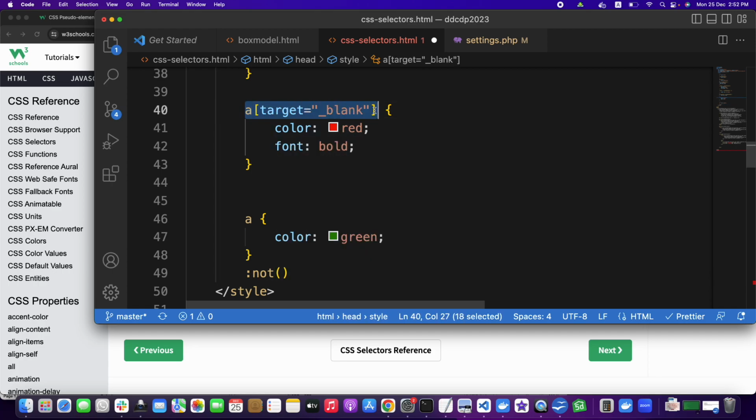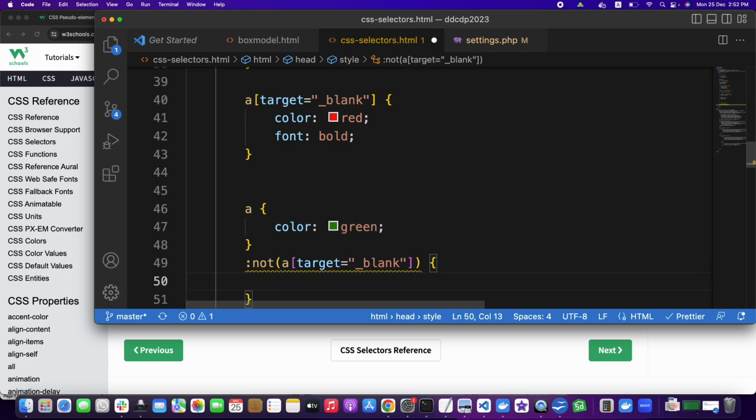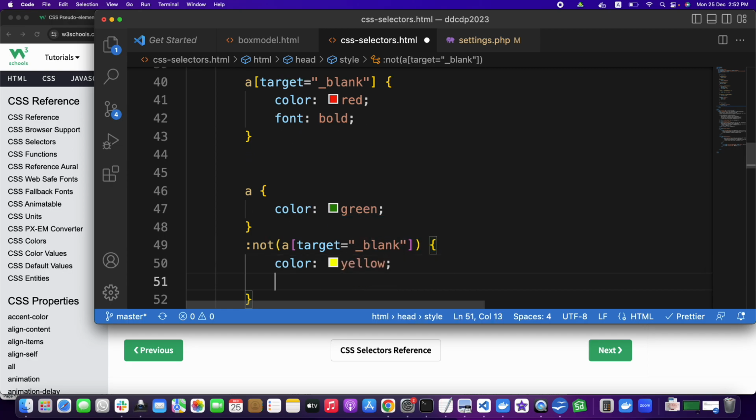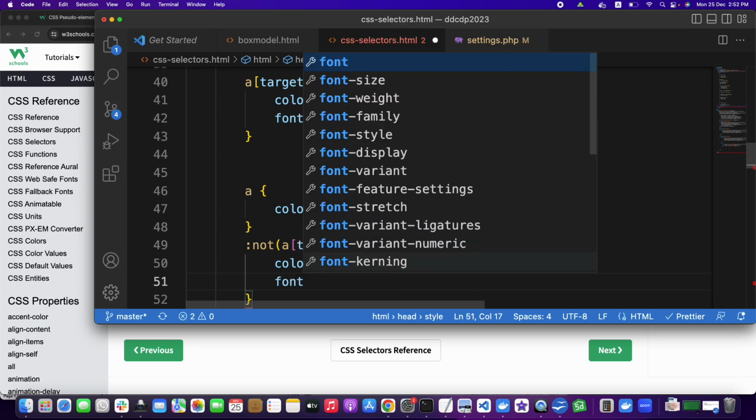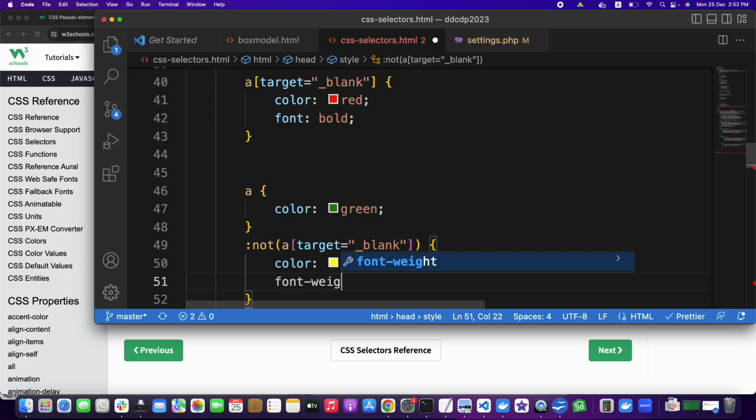So for example, this is a selector. You will have to give a full selector here. So not a blank, and we will give it color yellow, font-weight bold. This is font-weight. Okay,